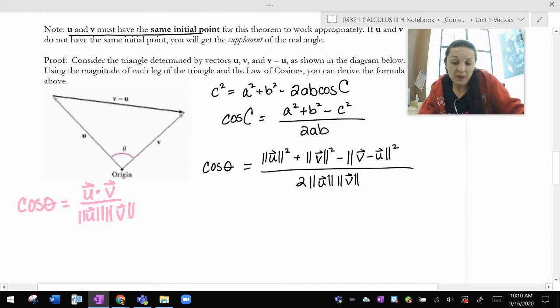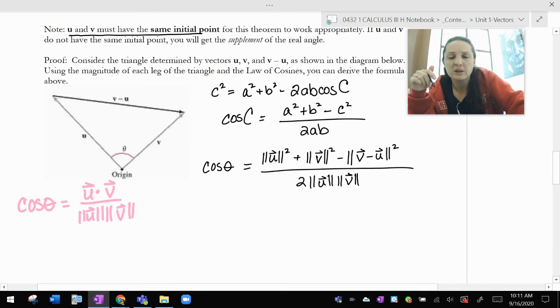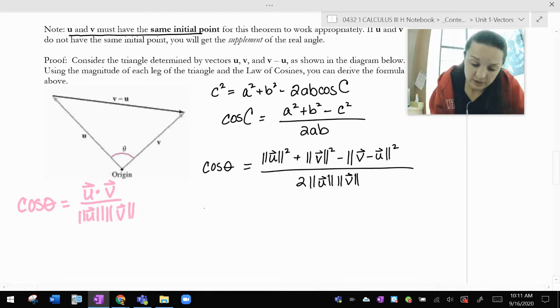I've got that on the bottom. I just need to kind of get rid of that 2. And, oh yeah, that doesn't look like a dot product on top. So if I want to figure out the dot product on top, I don't see it. So what we're going to do is break this down into its components. And we're going to say cosine theta equals